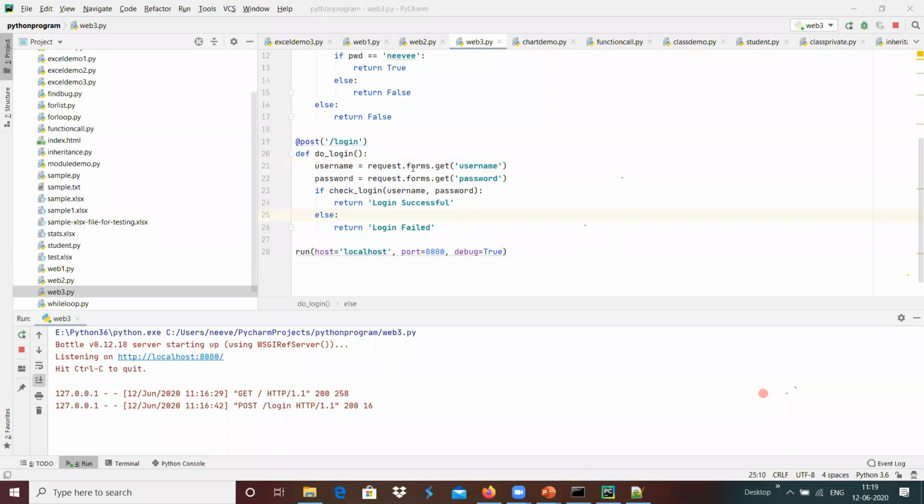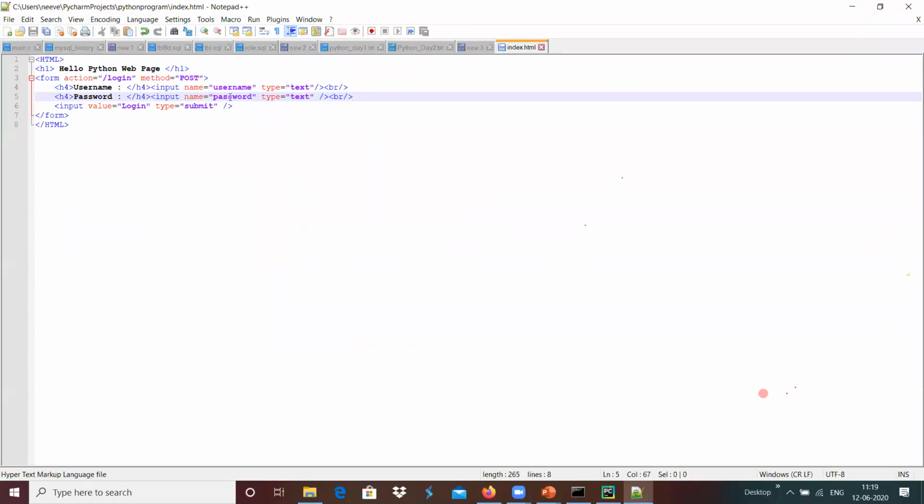That request will have the forms. In the form we will have the data of username and password, which is linked with this. For example, whatever name we are giving over here should be received over here.